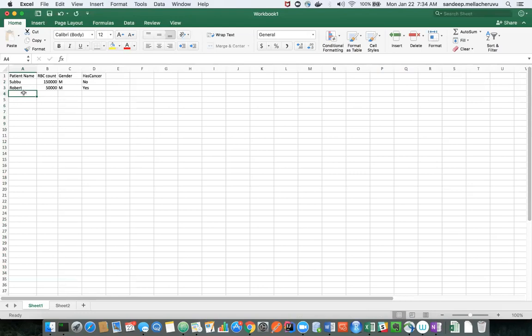There may be another Subbu other than what I already wrote. The value that a new observation takes will differ from what I already have. It may be, let's say, my name, Sandeep. So the set of values that patient name can take is infinite. But the set of values that has cancer takes is only two, yes or no.